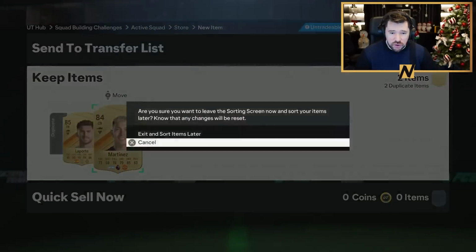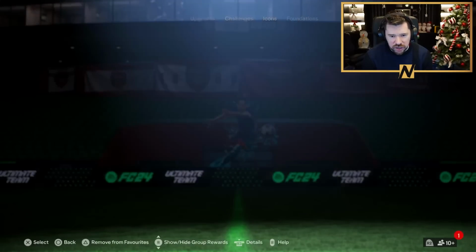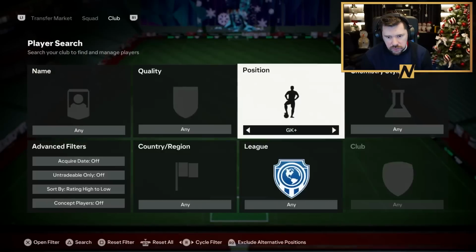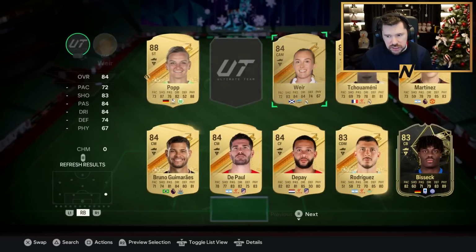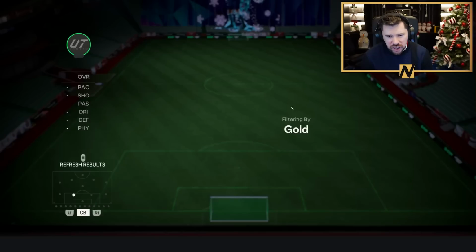I might just end up having Davor Suker before Ian Wright, because Davor Suker's full of low-rated cards, isn't he? Ian Wright, I could do an 85 rated squad with Ian Wright. It was Laporte and... Hold on. Laporte and Martinez, was it? Yeah, it was. We could put Shuameni in there. I don't know if I have all 85s. That's what I mean. Like, I don't want to be wasting...